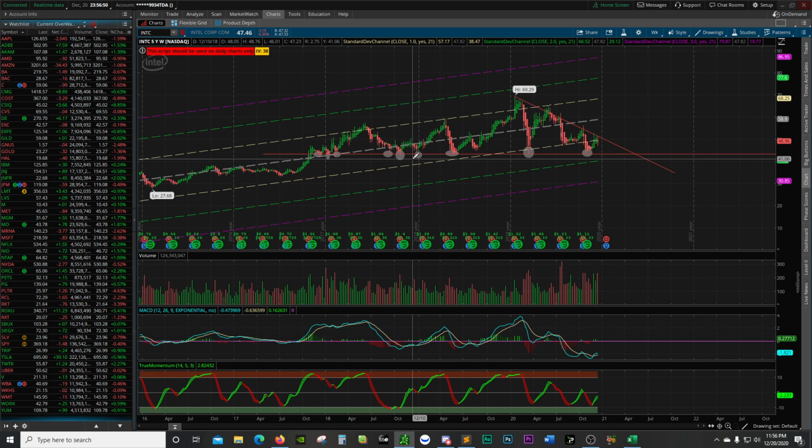I like it under the $30 area. I like it at its, what's this, 5 year low. Yeah, I'm interested in it when it hits $28. Then I'll be interested in Intel again. Okay, I see.